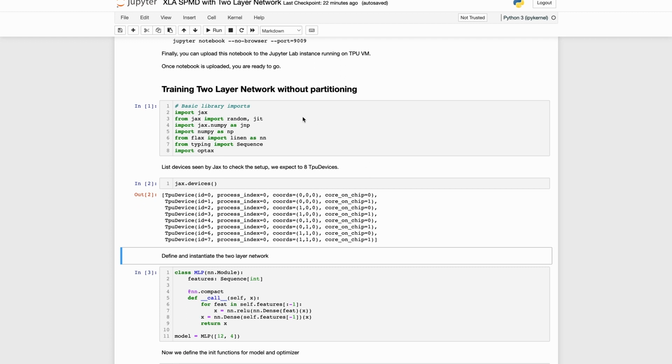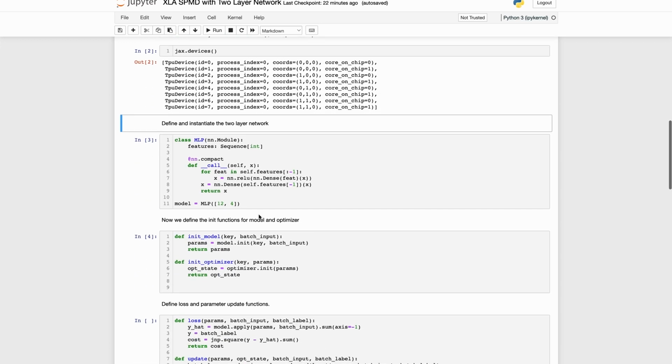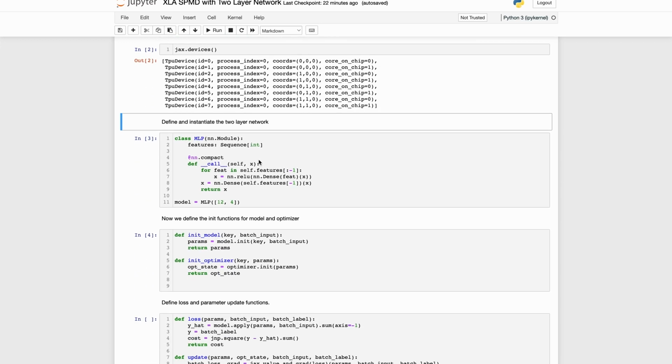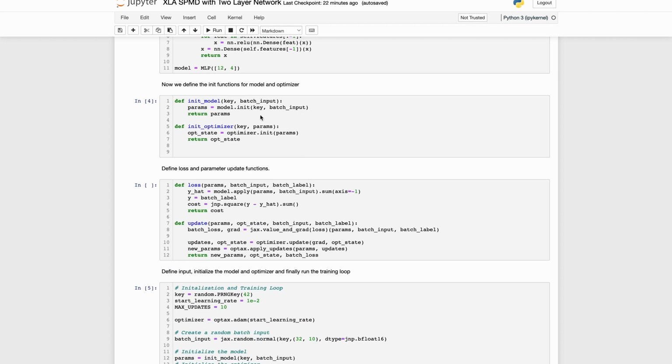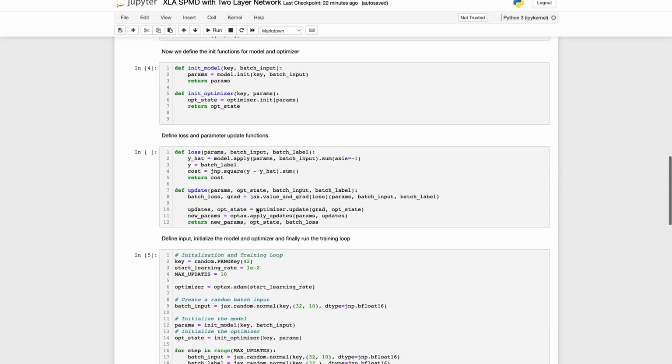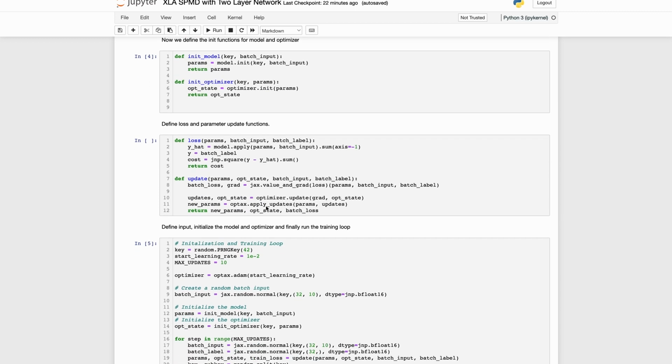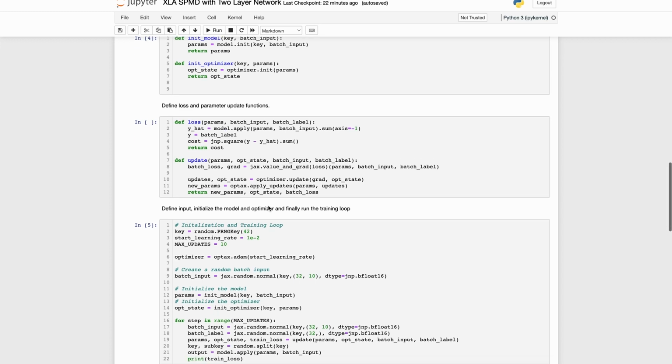So here we import basic libraries, and we do some sanity check to make sure all the devices are detected. We define the two-layer network and then define functions to express the initialization of the model and optimizer. Then we define the loss function and the update step function for the training.